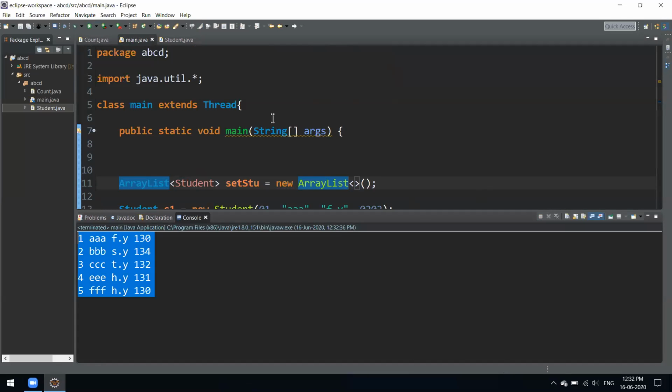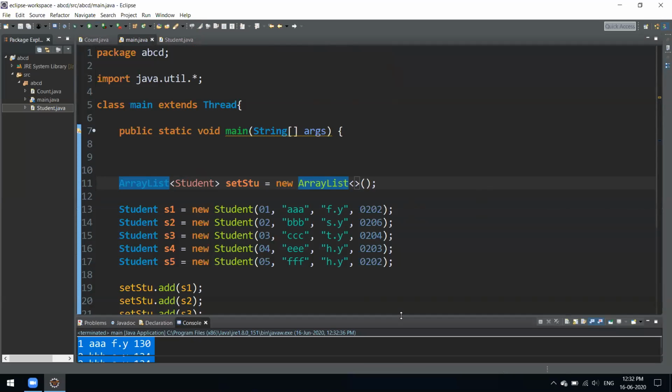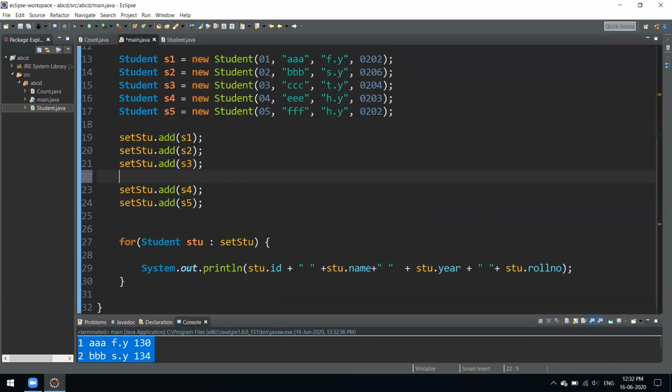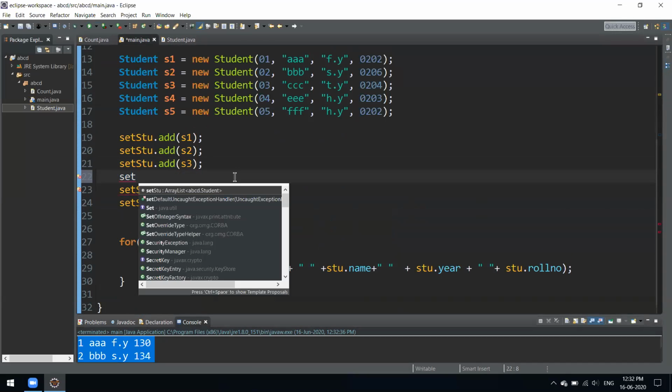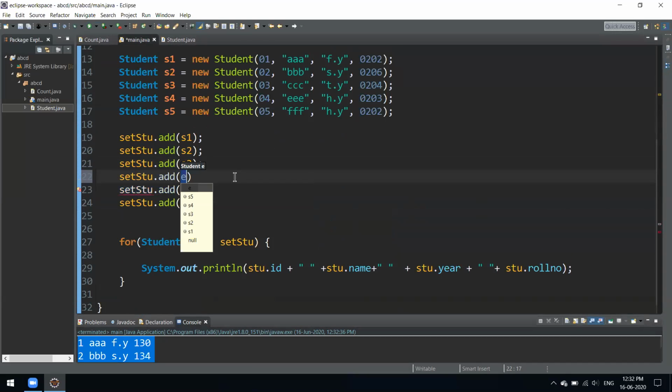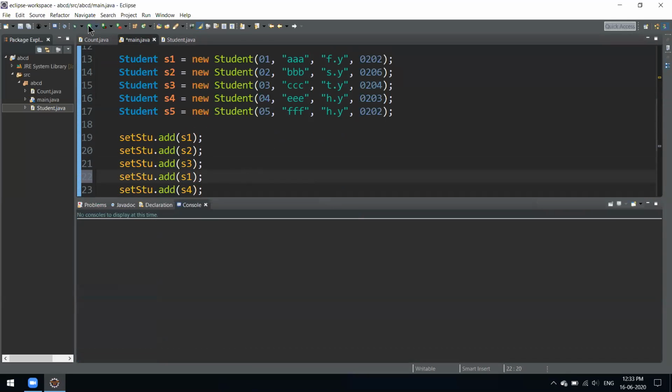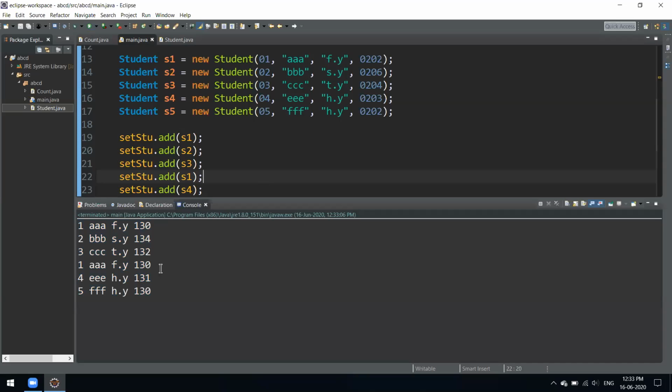Also, if we have duplicate entries, I told you duplicate entries are not allowed in a set. If we try adding s1 again, dot add s1, okay. So now if we try to add this inside our set, this would not, no, sorry, we have an array list over here, that's why it was allowed.